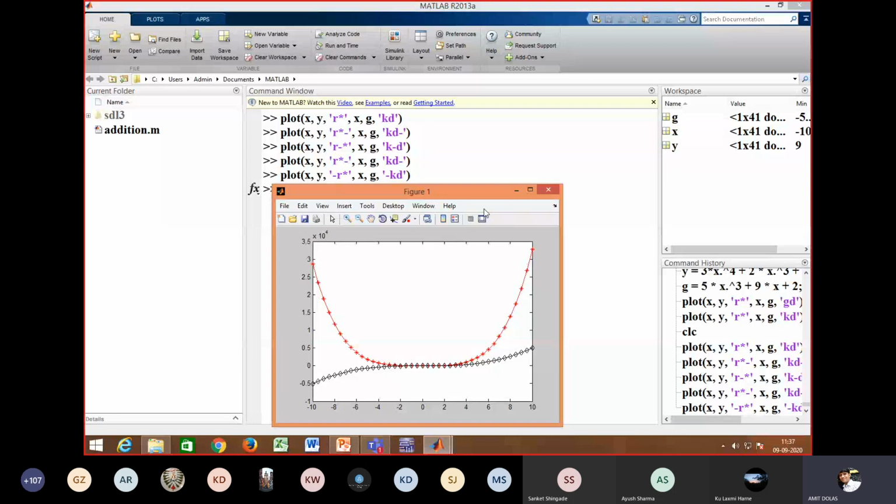You can use multiple options together. That's why the sequence doesn't matter.